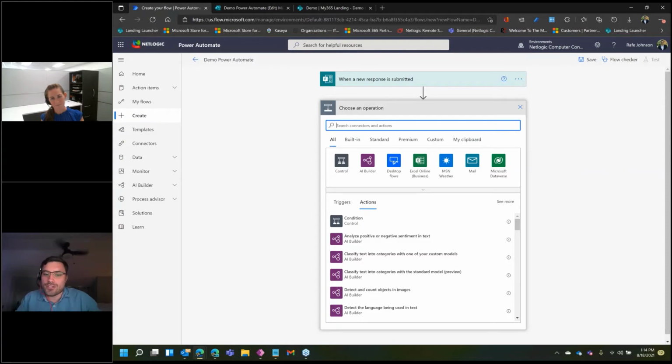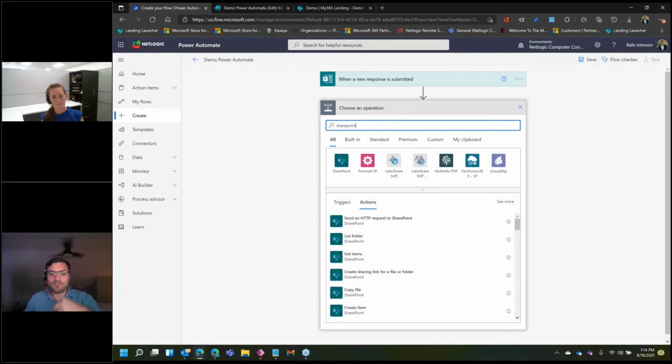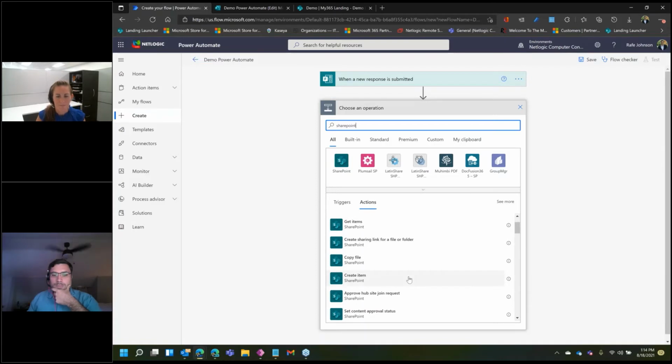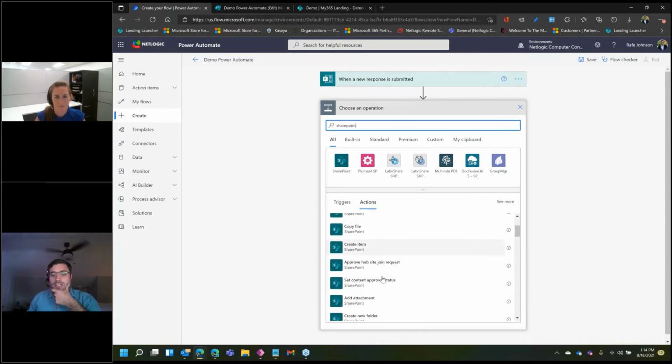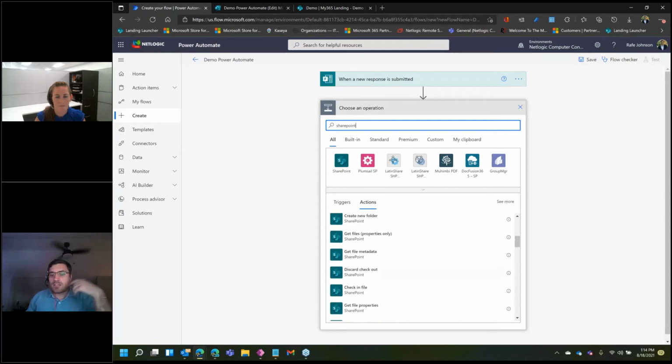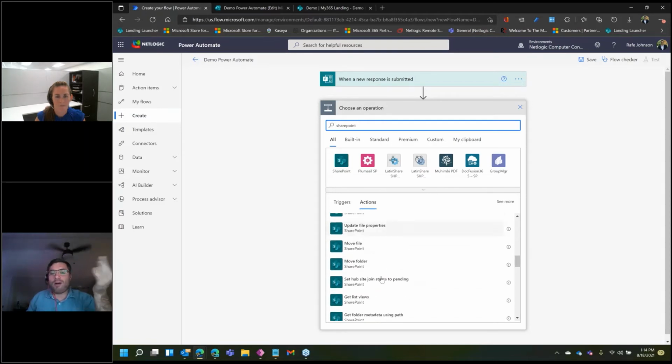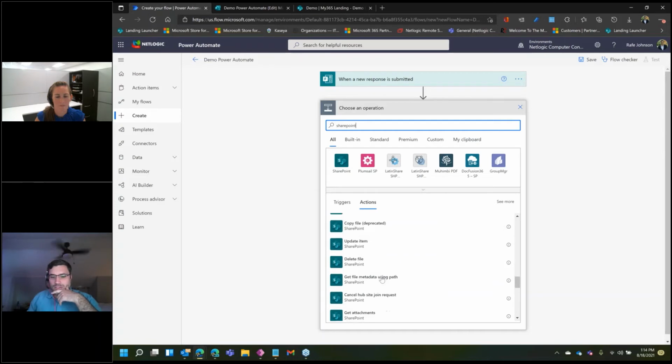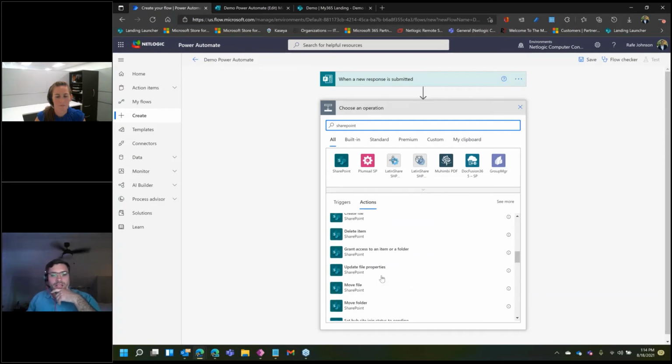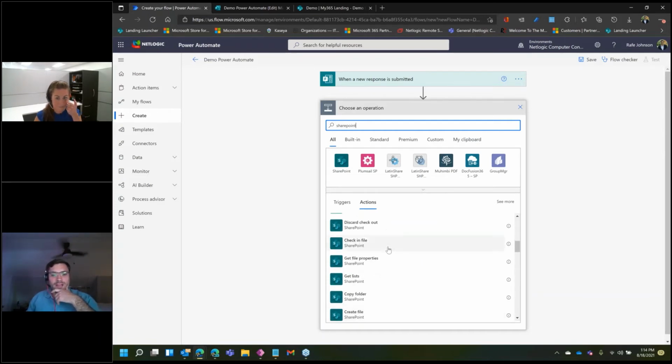Well, what do we want it to do? We want it to go to a SharePoint list, so I'm just going to start by typing in SharePoint. You can see some of the triggers that you can use. What we could do is create an item in that SharePoint list. Scrolling down really quickly here, you can see all of the other things that you can do. We do want to create an item, so let's go ahead, find that here again,